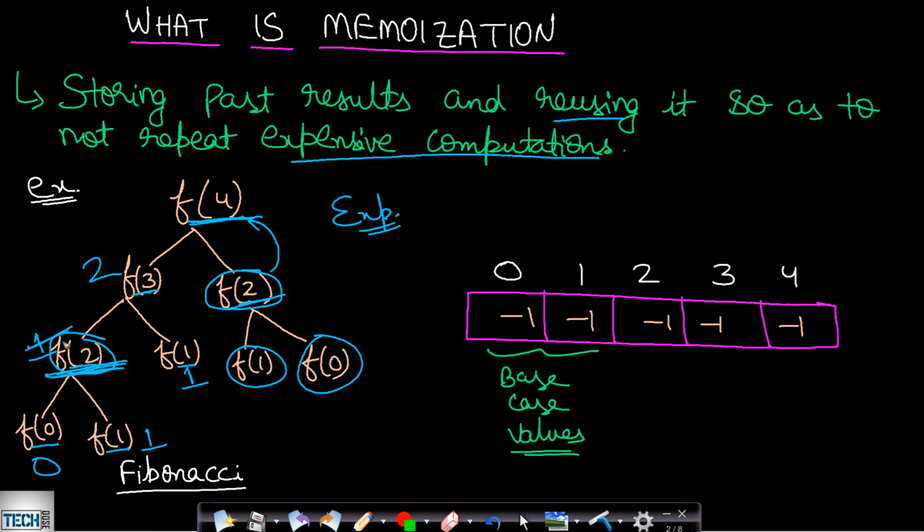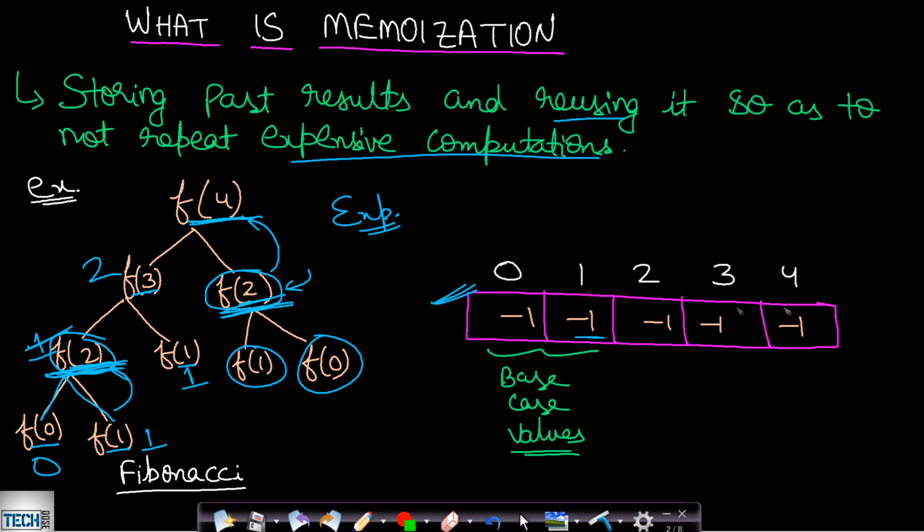Like here you had no knowledge of what the f of 2 value is, and so you went through with the recursion, and when you returned, then you were storing the values in your table. Okay, so let's say we are storing in a table. You can use anything, you can use a map or a table or anything. So we were storing in the table, and then once we have stored all the values, now if we are encountering the same problem, then we will just use the table and return the value. In that way, we will be reducing the time complexity.